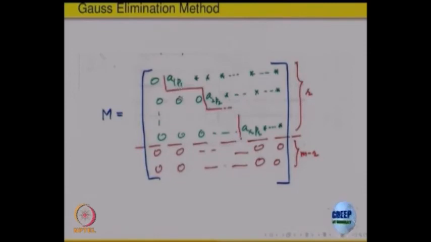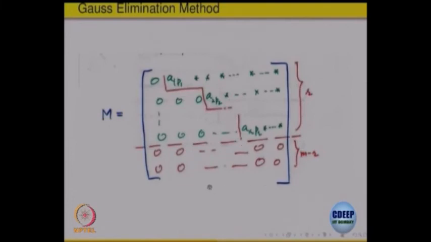For the second row the non-zero entry should come at a column P2 which is bigger than P1. We are not saying it should be the next one, we are not saying even that. If it comes in P1, P2 should be on the right side. So, the column P2 should be bigger than P1. It could be here somewhere also possibly, it can go beyond, but definitely it should be on the right side of the column for the first one. For each next row the non-zero entry should come on the right side. The column number in which it appears should be bigger than the previous one. So, it should look like some kind of a staircase, and then the bottom rows are all 0.